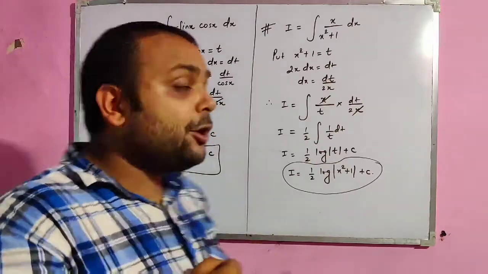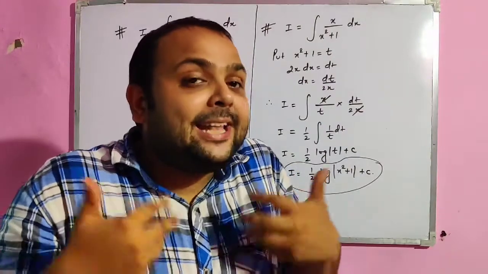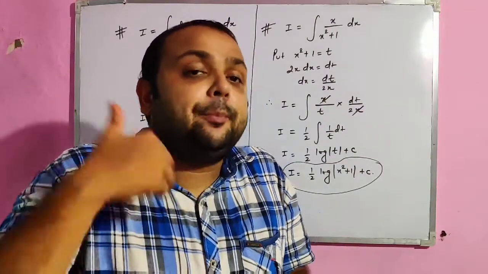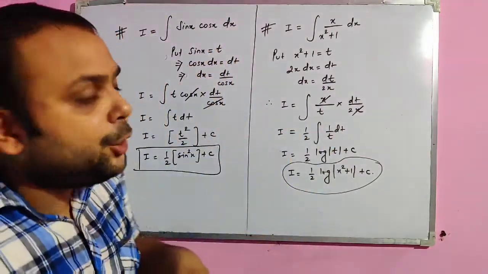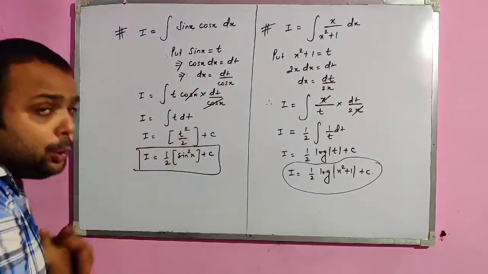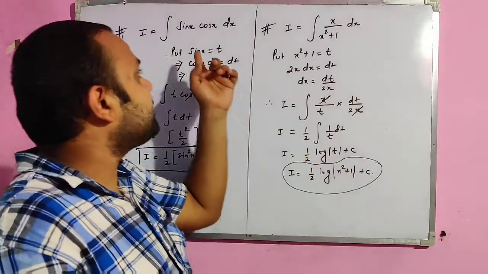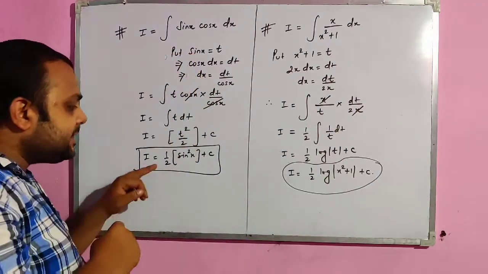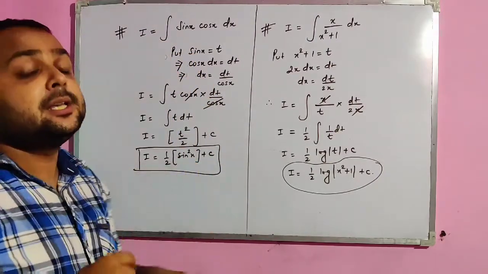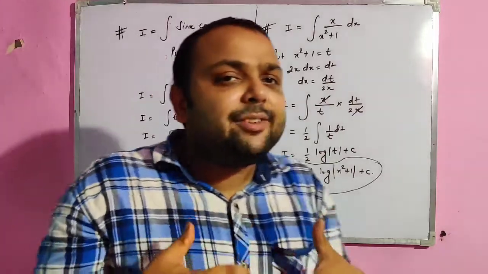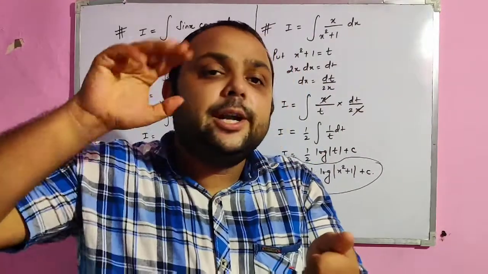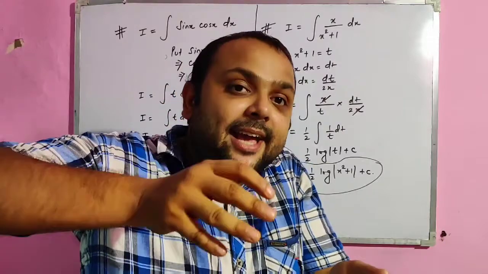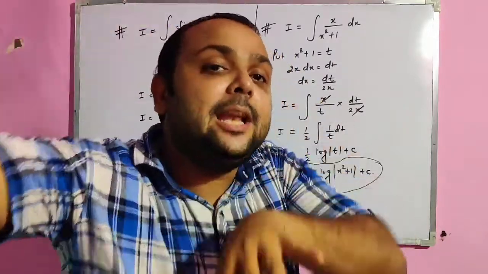Now the power of t is 1 here. Applying the power formula, the power increases by 1 and the same comes in the denominator, so we get t square by 2. At last we have to substitute the value of t again, which is sin x. So the answer is half sin square x plus c. What I have done is I took a value, differentiated it, and then the other value was automatically eliminated.